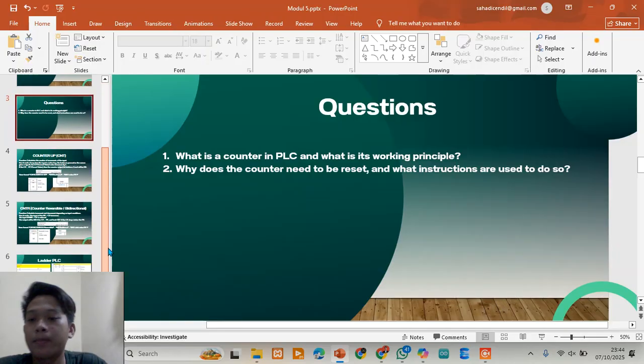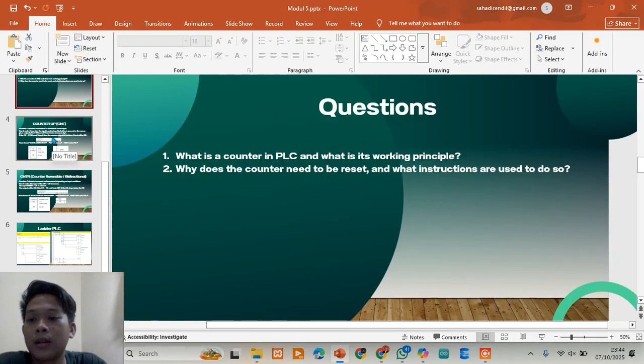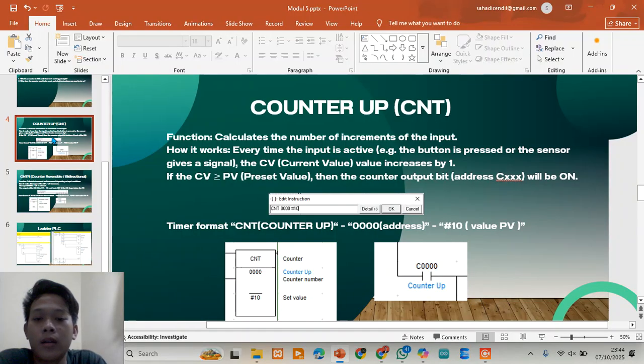And next, the counter up, or CNT. Let's look at the count up instruction, or CNT.